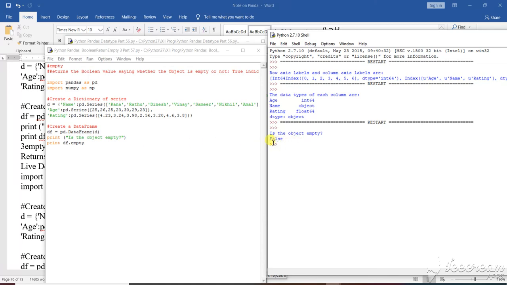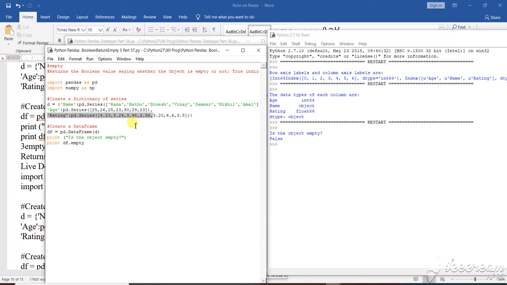These are the three different things. The first one I showed you was the row axis levels and column axis levels. The next program showed what type of data it has: name is what type of data, age is what type, and rating is what type.